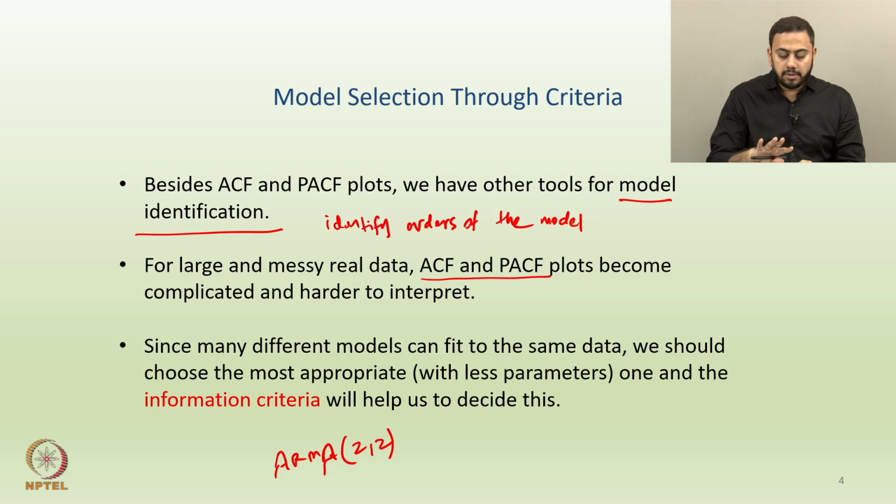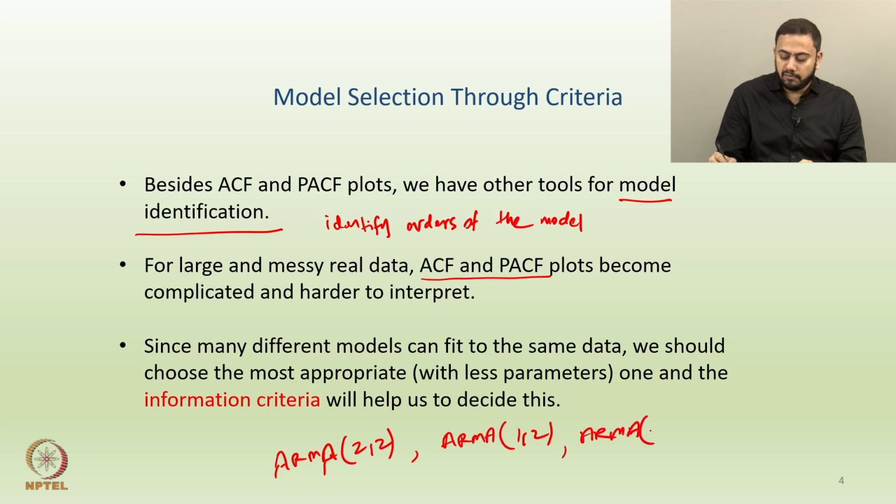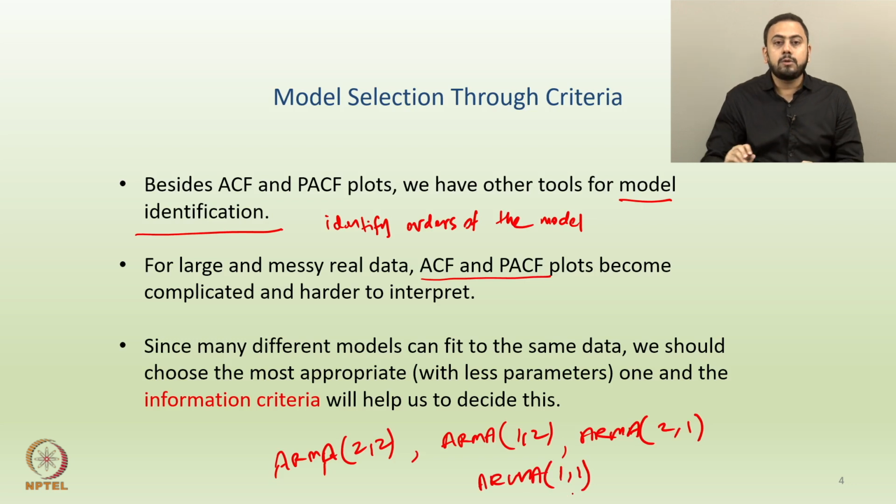But here people or practitioners can play around slightly. So, what do you mean by play around? So, let us say ARMA 2,2, if they think that this might not be the model, they can actually play around slightly with the order. So, let us say 1,2, or they can actually look for fitting something like ARMA 2,1, right, or even they can actually think of fitting something like ARMA 1,1, right. So, again just to understand that even though you are basing conclusions using the ACF and PACF plots and then after what lag are they cutting off or tailing off, but then this may not be the 100% correct model, right. So, for that you have to play around with the orders slightly, right.